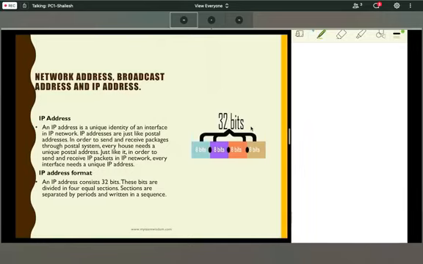And IP addresses are just like postal addresses. In order to send and receive packages through the postal system, every house needs a unique postal address, correct? In a similar way, we have IP addresses that are unique to every system. Suppose you have one system in your home and one more system in your home.